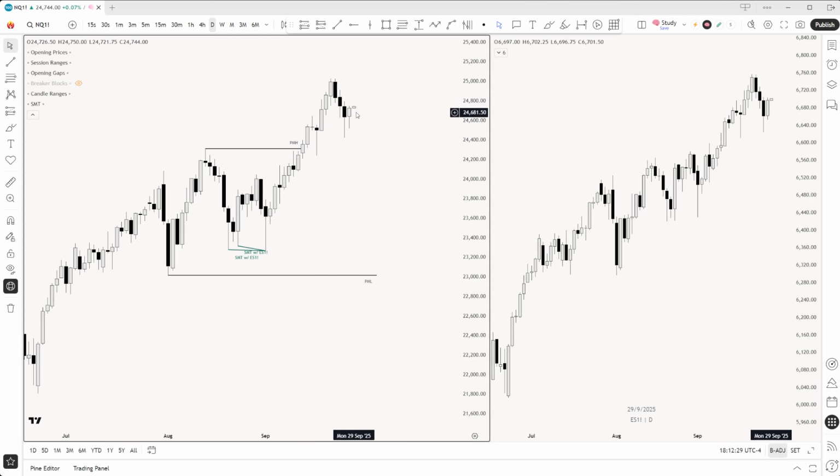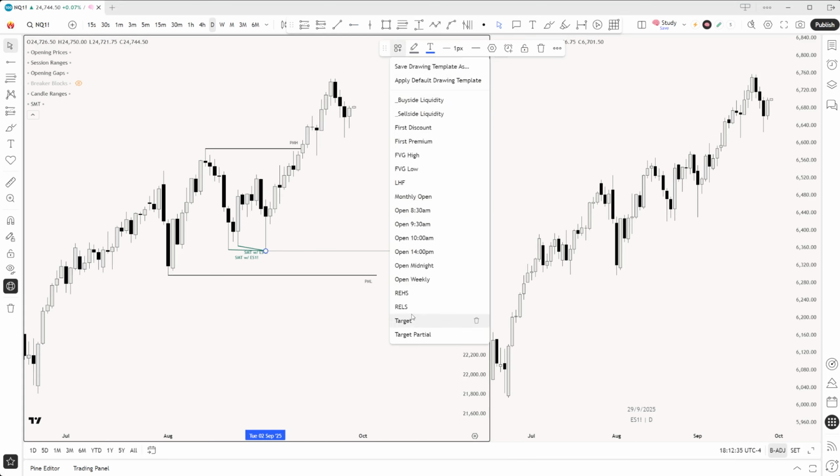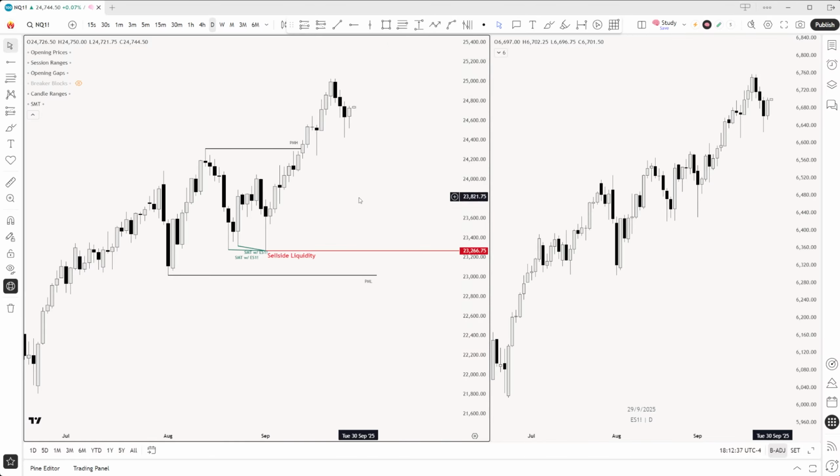But once we open for October, right, which is what we don't see at the moment, we'll notice that the low of the month, right, let's just mark it out as sell side for now, but previous month's low will become here and previous month's high will become here. Of course, we have Monday and Tuesday, which for an FP week, even though it is technically the end of September, tend to be very volatile days.